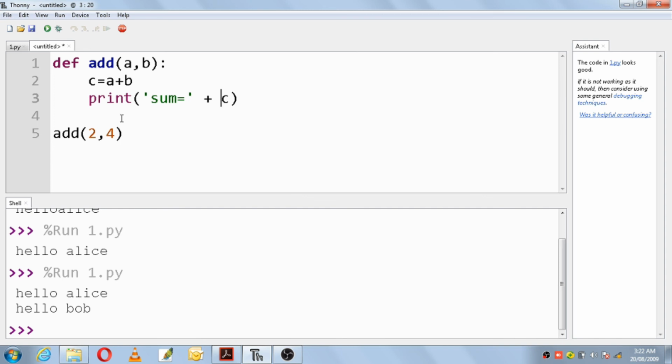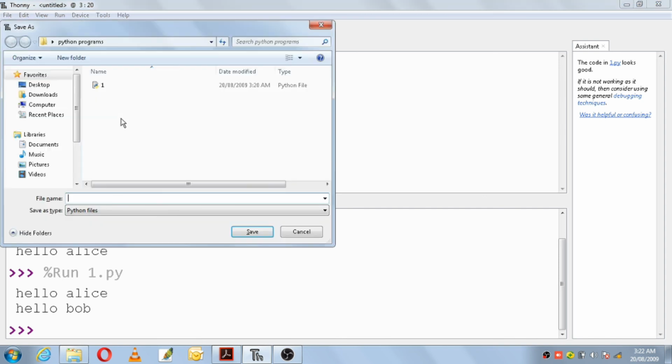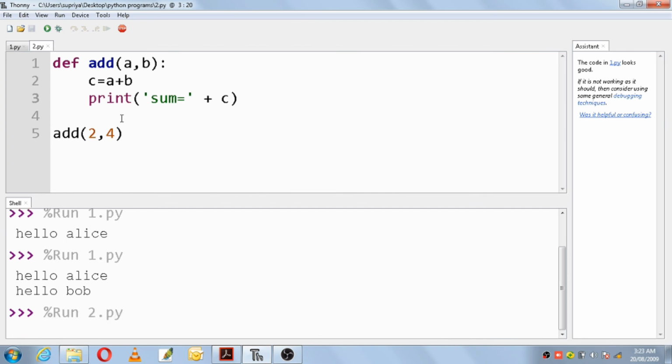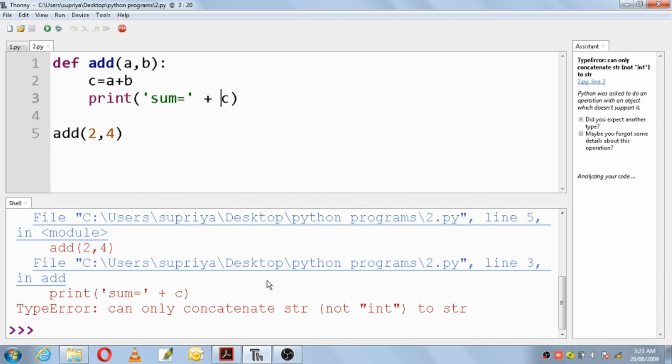Let us save and run it first. Control S, enter and then F5. So here the error is: can only concatenate str, not int, to str. The reason it shows an error is that c is an integer and this text is a string, so you cannot concatenate an int with a string here. So what we can do is convert this int to a string by using the str function.